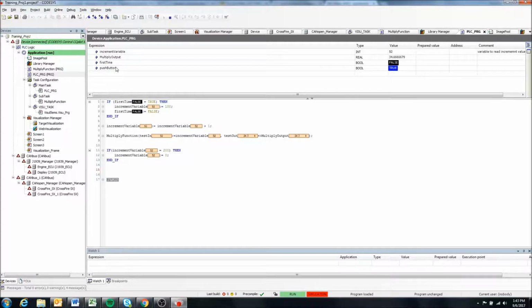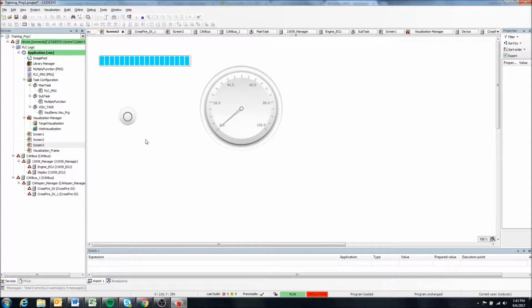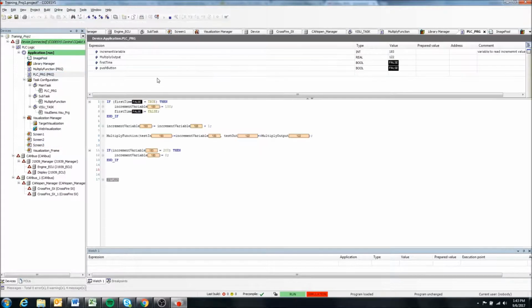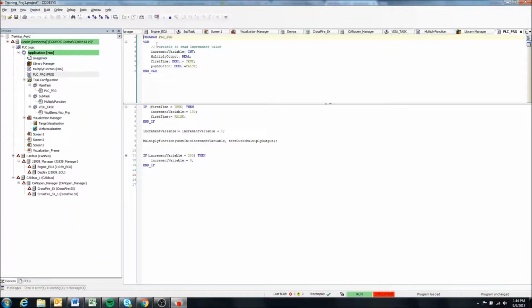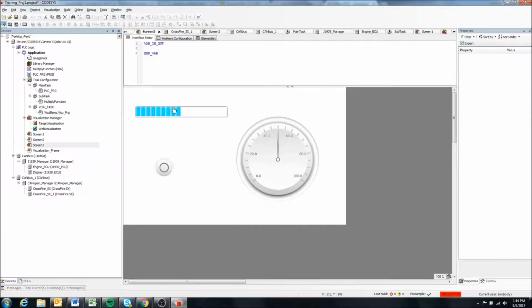And we can see our push button value is true, and then I can come back and click it off and come back here, and we can see the push button is now set to false. So that looks right. So we could extend programming, for instance, to make it so this only increments when our push button is on, for instance, if we wanted to be a little bit more clever in this scenario, but